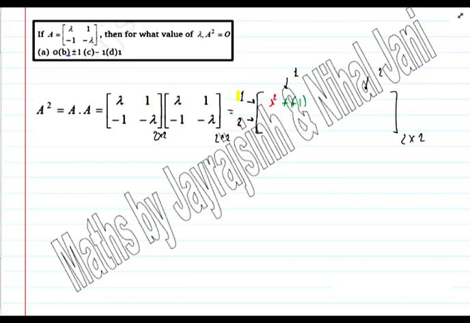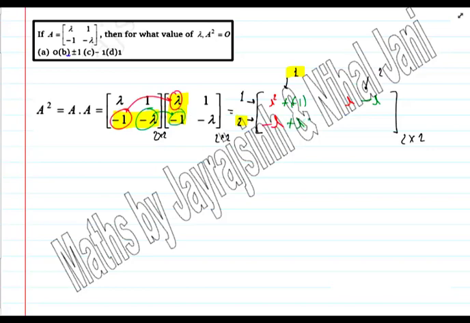And the next one is in first row second column, so let's select first row and second column and multiply corresponding terms. Lambda into 1 will give us lambda, and 1 into minus lambda will give us minus lambda. The next element is in second row first column, so let's select second row and the first column and then multiply minus 1 to the lambda will give us minus lambda, and minus lambda into minus 1 will give us